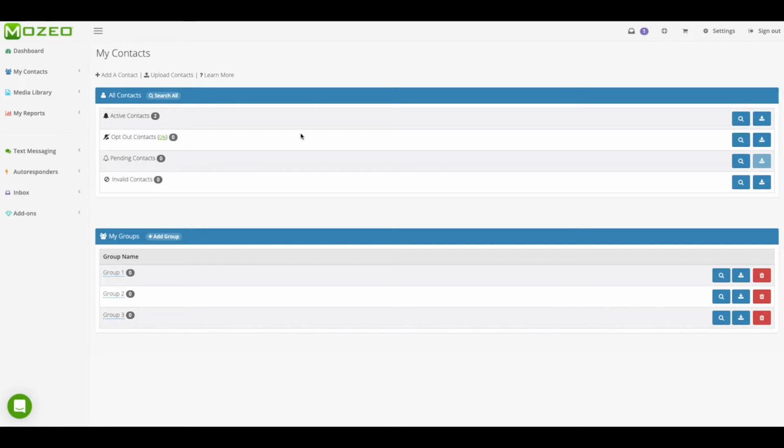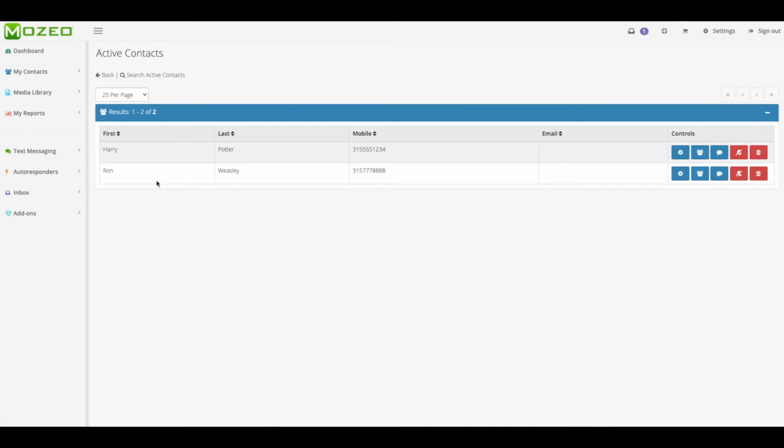And then we have invalid contacts. These are folks that you try to send a message to their number and it's just not working, and we'll flag that number and set it as invalid. Now, we do things as a line item with controls off to the right. So I can click the button here and see my two account contacts, and then I have separate controls for